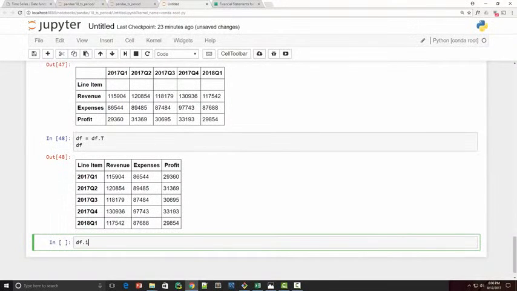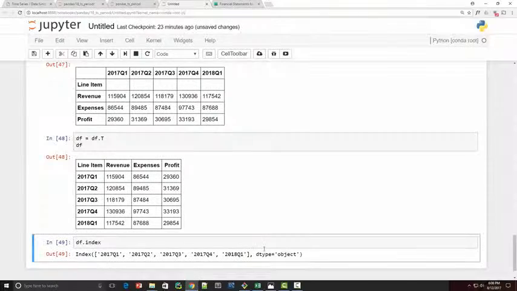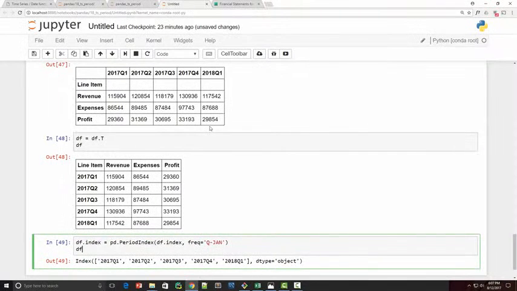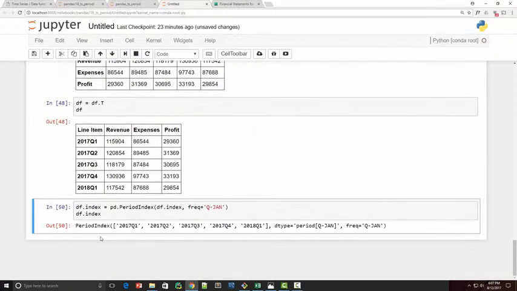If you print your index, you will notice that it is of type object. I want to convert this index into a period index, and the way to do that is very simple. You will call the pd.PeriodIndex function on your original index and supply a desired frequency. So my frequency here is Q-JAN, and when I print period, you can see that it converted the regular object type into a period index type. Okay,